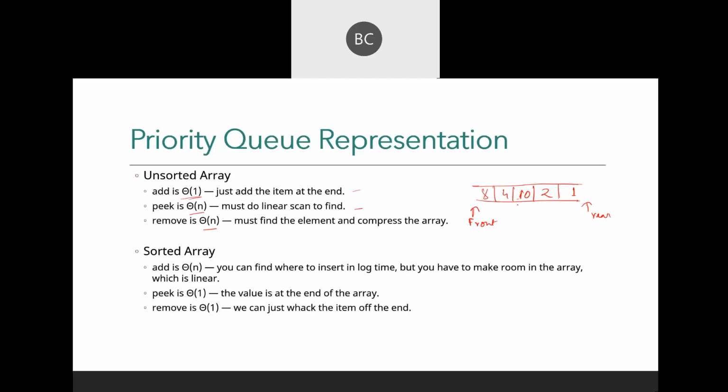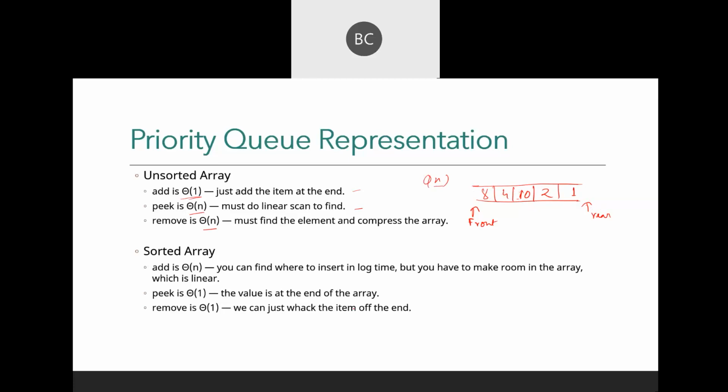Since it's an unsorted array, it can be anywhere. That means you have to search through all the elements stored in the array, right? And even if you want to remove something, again you have to find the highest priority one, and only then can you delete it. So for both cases, complexity will be O(n). For peek or deletion we take O(n), and adding or enqueue will take O(1).